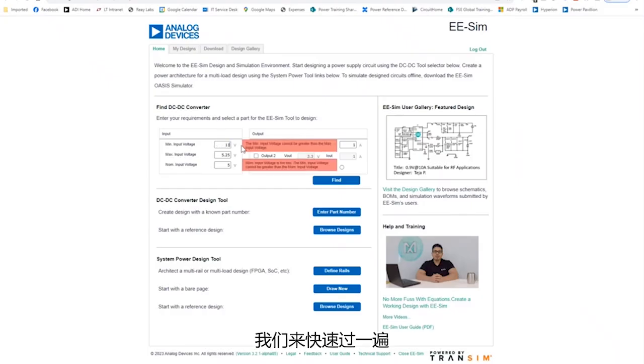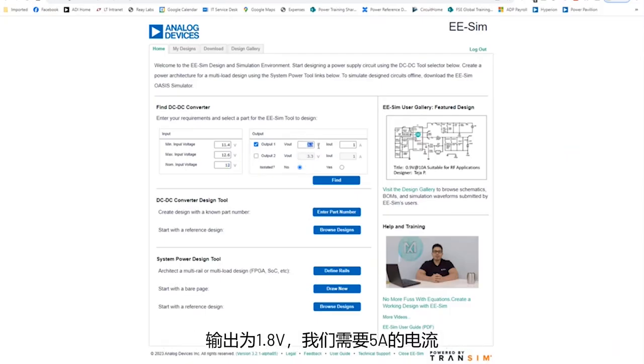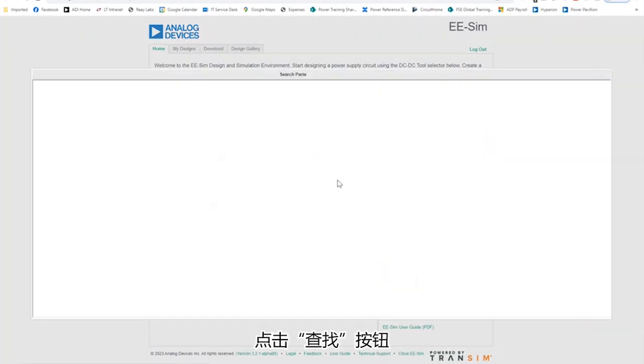So let's do that real quickly. The order of these voltages is a little different than it is in PowerCAD. So in PowerCAD, it was minimum, nominal, maximum. In this tool, it's minimum, maximum, nominal, just a quirk of how the different tool is set up. So I'll put the minimum, the maximum, and then here's our nominal, 12 volts. Our output is 1.8 volts, and we need 5 amps of current. So we click the Find button,